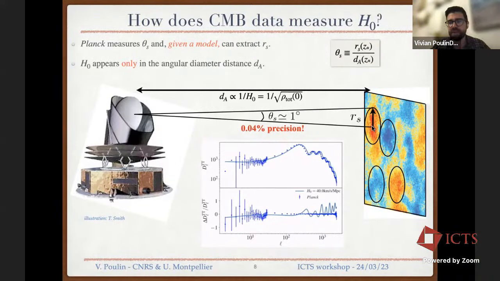The key observation to make here is really that H0, if you write things correctly, only appears in the angular diameter distance. This is the Hubble rate today, the expansion rate today. And it tells you how far from us the last scattering surface is. And also to remind you that H0 is nothing but proportional to the total energy density today. The total energy density today is dominated by dark energy. And so essentially what we're saying is if H0 is slightly higher, the total energy density in dark energy may be slightly higher.